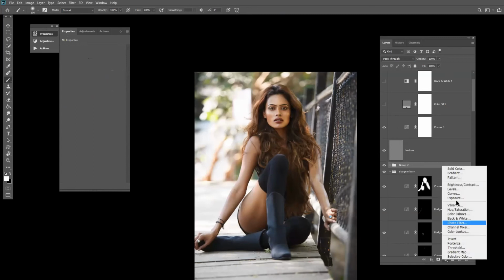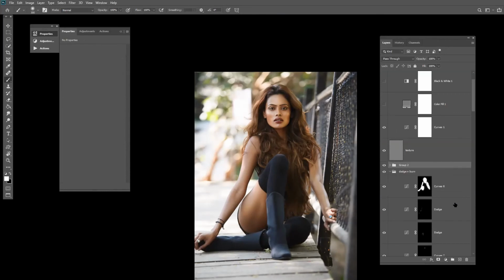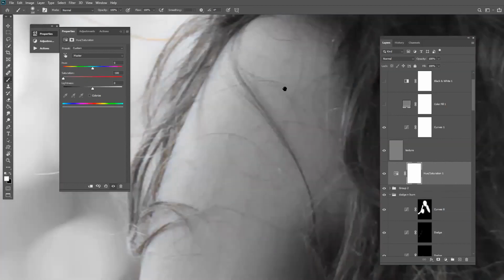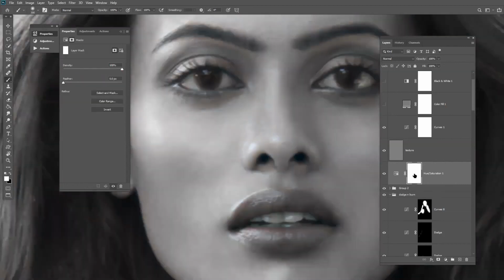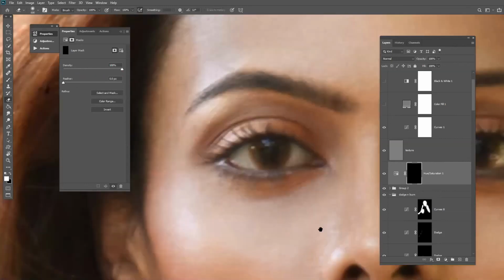Now let's work on the eyes a little. Instead of curve, you take hue saturation over here, reduce the saturation and invert the mask. Now just paint over the yellowness of the eyes.